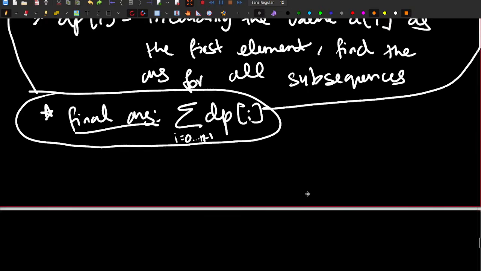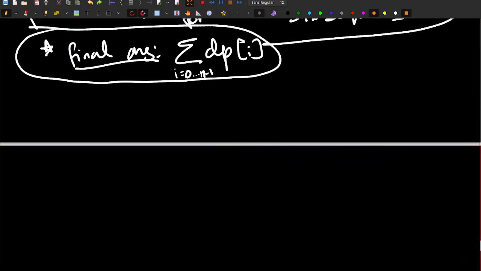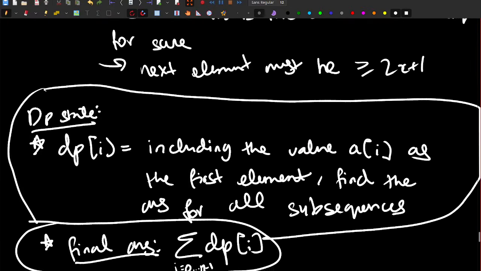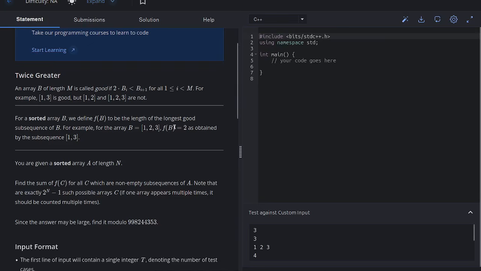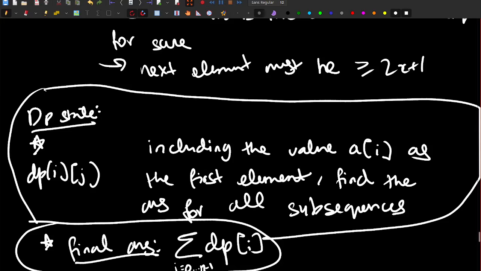So let's write down our dp transition. Okay, dp transition, let's change the state a little bit. So dp of I, j, and what will our j represent? j will represent the length of the longest good subsequence of our chosen starting at I, right? Starting at I. So find the answer for not all subsequences, but subsequences